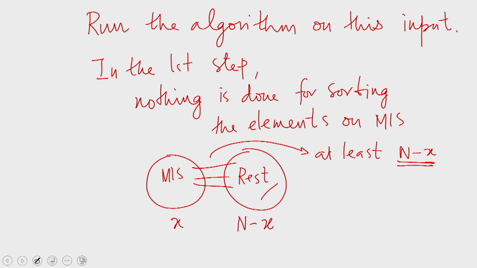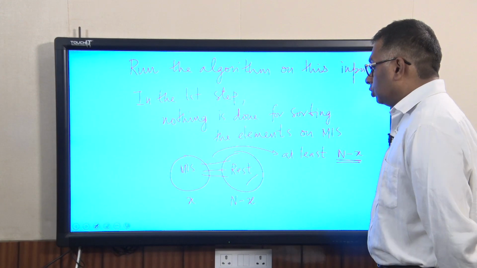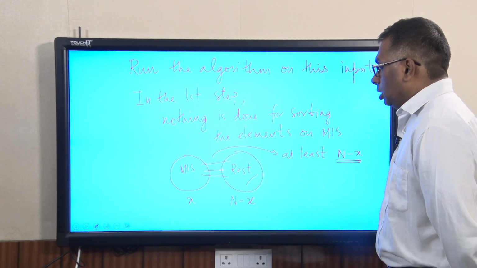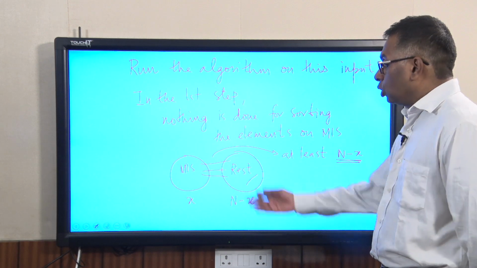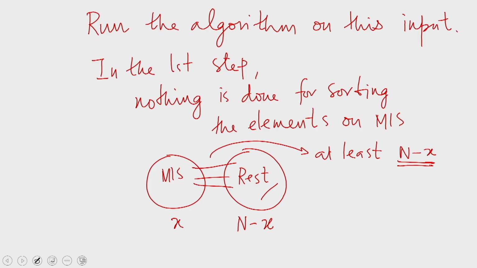A vertex that is not in the maximal independent set should be adjacent to at least one vertex in the maximal independent set. If this is not the case, then we would be able to add that to the maximal independent set, and the maximal independent set would no longer be maximal. So, the number of edges between the maximal independent set and the rest of the graph is at least n minus x. So, in the first step, the algorithm performs these many comparisons, these n minus x comparisons, but these